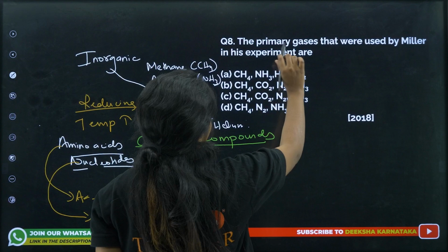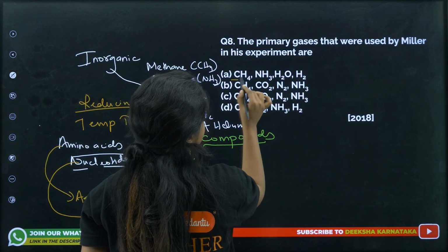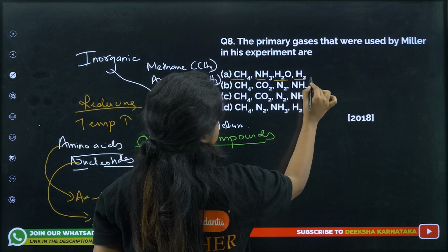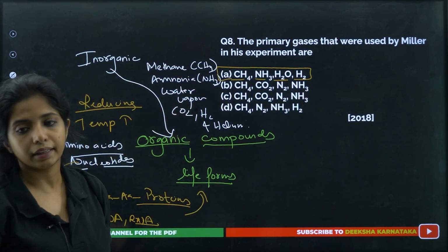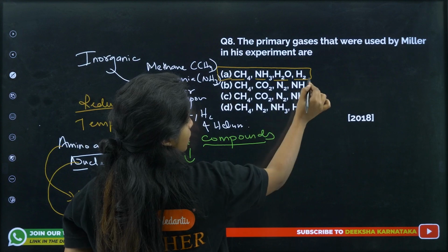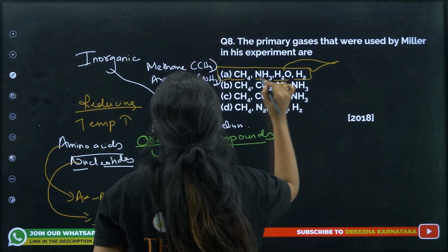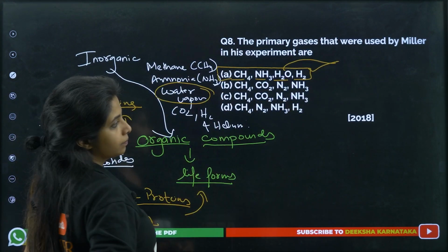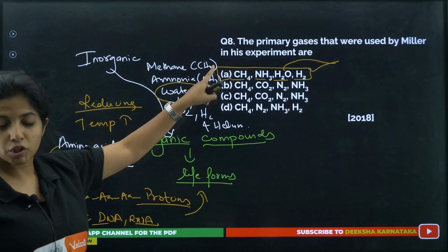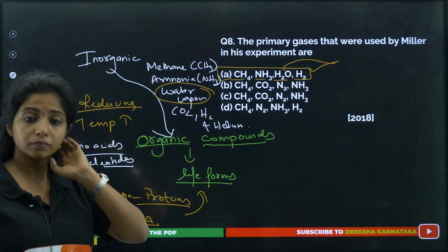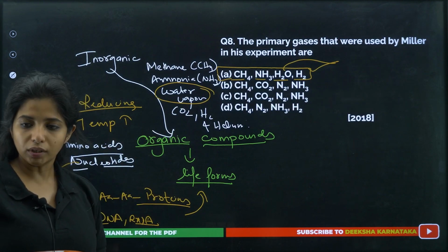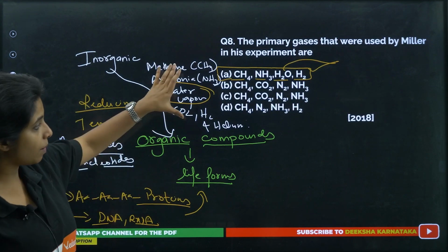So what all did he need, children? Over here he needed CH4, NH3, H2O as well as H2. This was the thing. Okay, there was no nitrogen gas like this being there. Okay, so please eliminate. This is the answer. H2O in the form of water vapor. This is what I mean. Okay, so please choose your options correctly. So it's CH4, not CH3. I made that mistake someday. So please make sure it's CH4 for methane. Cool? Works? Chalo. Remember this, okay?